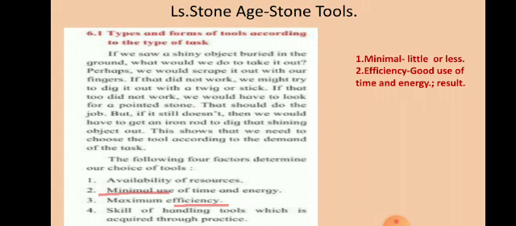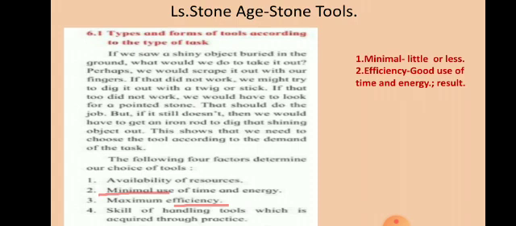Second was minimal use of time and energy. We have discussed this also, that a little time and energy should be spent to accomplish the objective. It does not mean that I will go on digging the whole day for such a small thing. Time is important, and also how much energy I am using. So, minimal use for whatever is my objective. First is what resources are available around me. Secondly, how little time and energy can be spent to get the objective fulfilled.